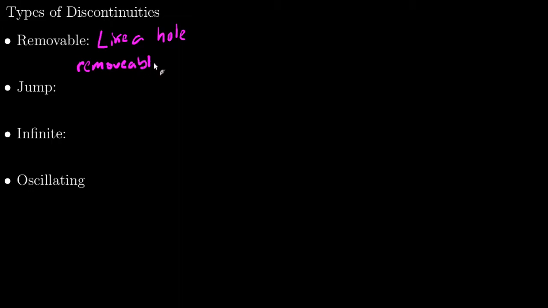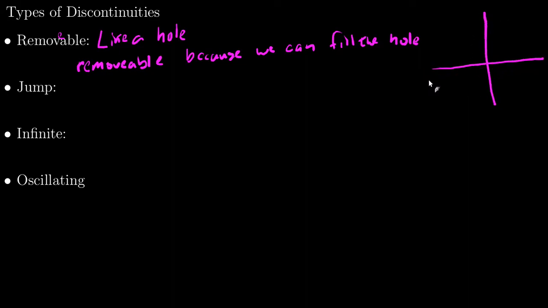I think I'm going to spell removable. There should be an E in here, I think, because we can fill the hole. And what I mean by that is this. So if we have a function and we're just missing this one point, I can fill in this hole with one point and leave the rest of the curve unchanged, and now it's